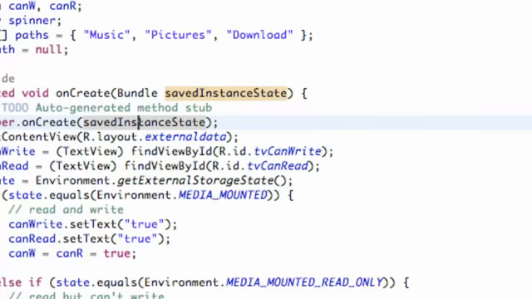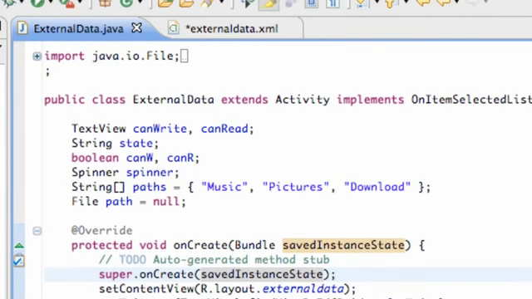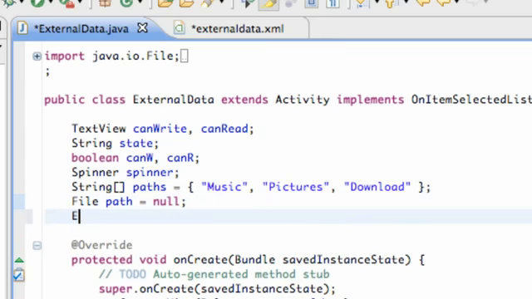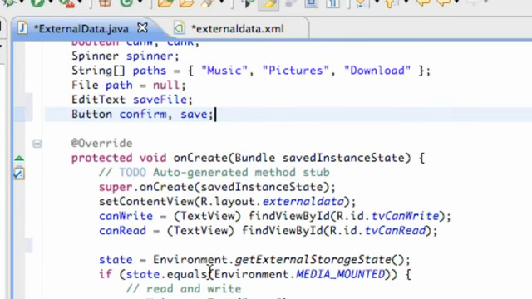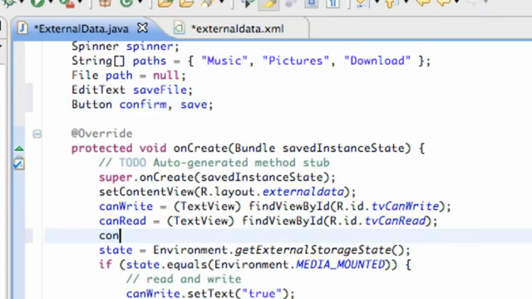So now let's go over to our external data Java file and set up some of those references. Let's make everything accessible for the whole class. We have our edit text, which we're going to call save file, and 2 buttons, confirm and save. Just import both of those, and let's set up our references now. Our confirm